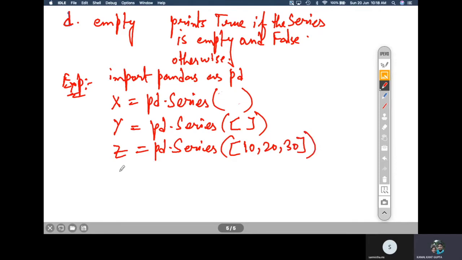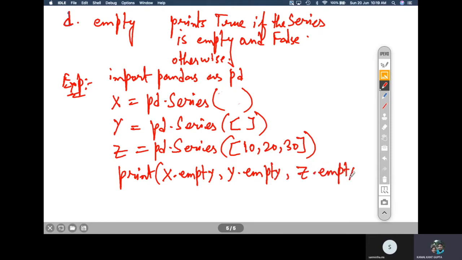Now if I'm going to check print x.empty, y.empty, and z.empty, what will it give you?